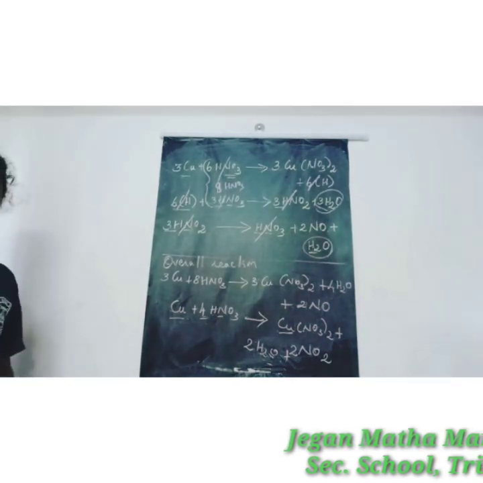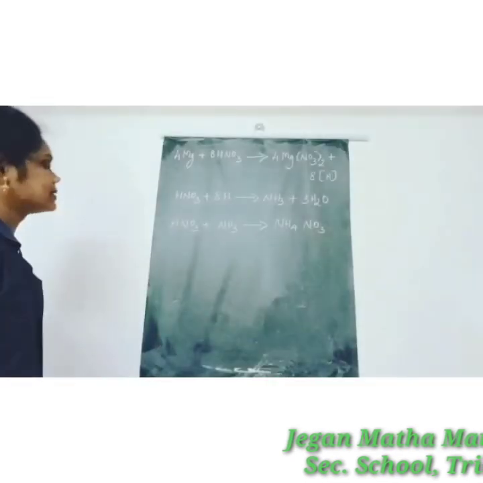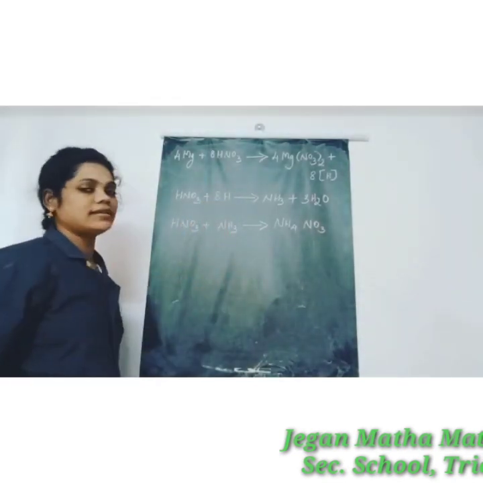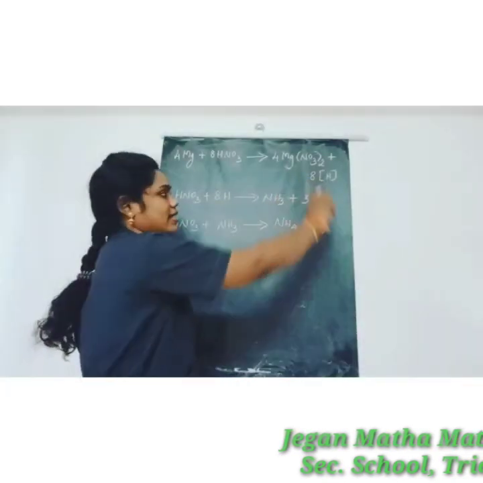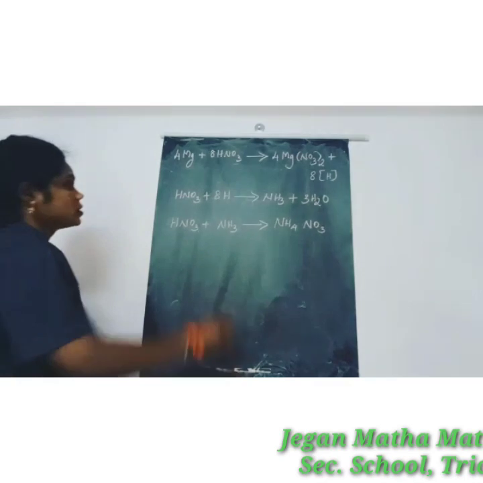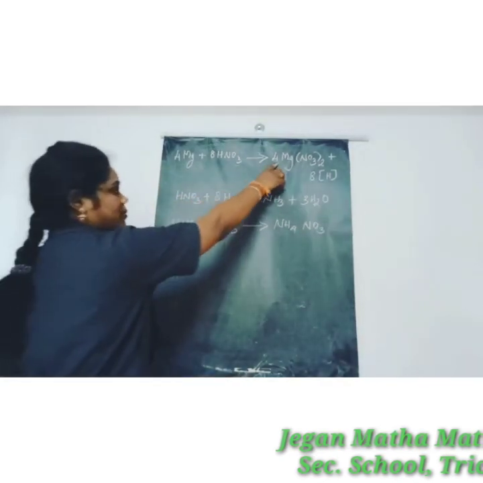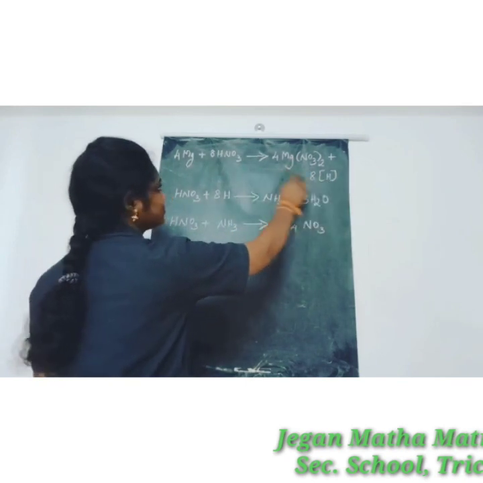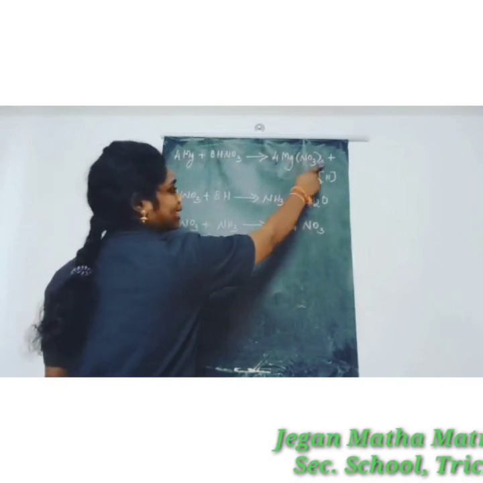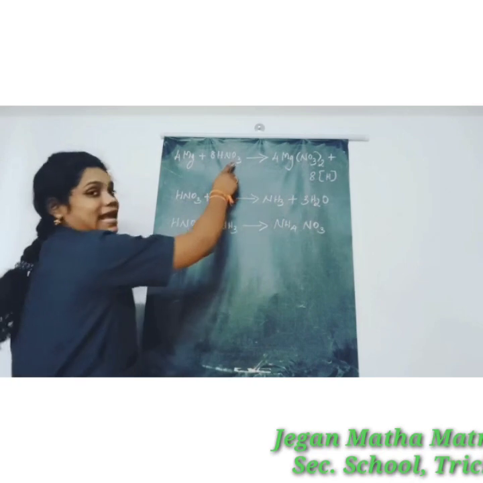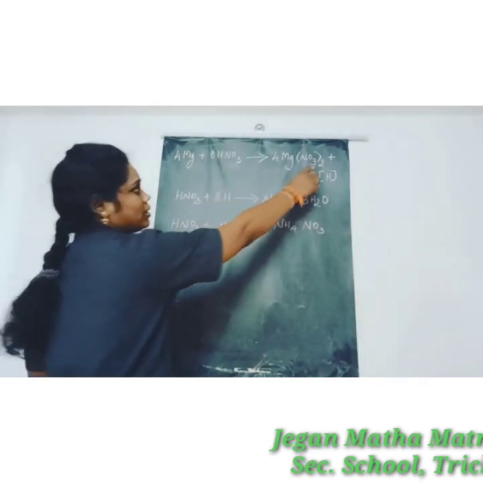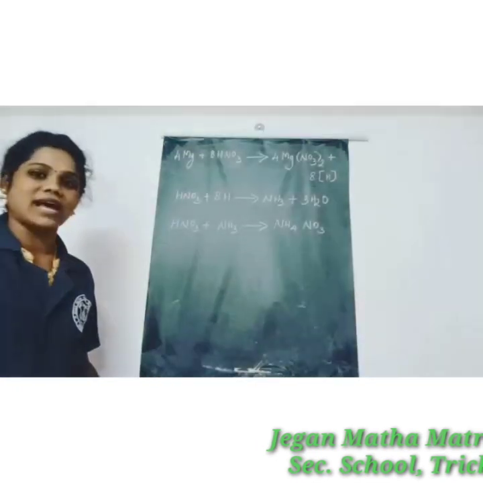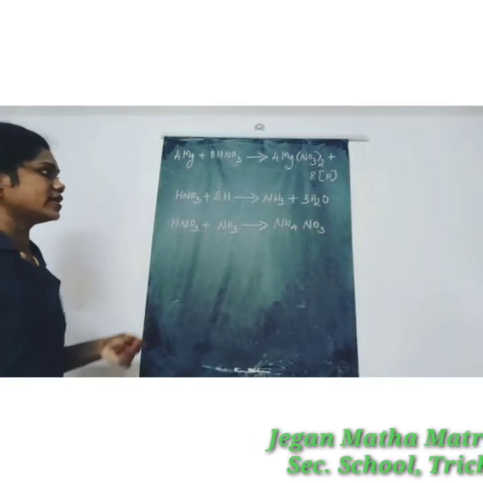Okay, let us see the equations. See the first equation. Magnesium is reacted with nitric acid. It gives magnesium nitrate and 8 times of hydrogen. Okay, so here magnesium 4 times. So here also magnesium 4 times. Hydrogen 8 times. So here hydrogen 8 times. Nitrogen 8 times. So here 2 fours are 8. And oxygen 8 threes are 24. Here 3 twos are 6, 6 fours are 24. So the equation is balanced.